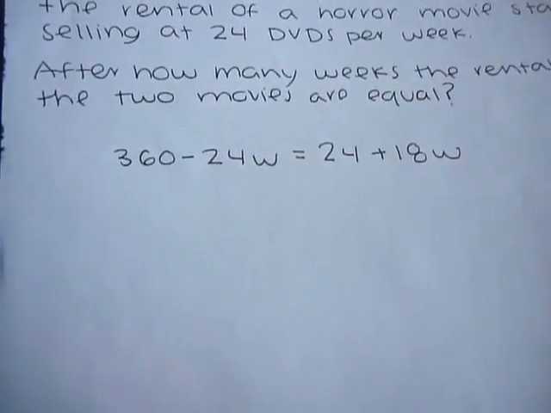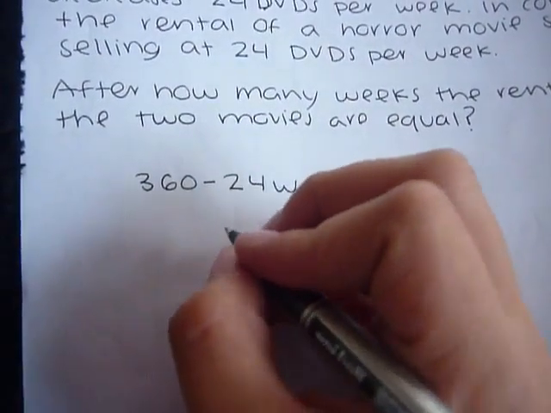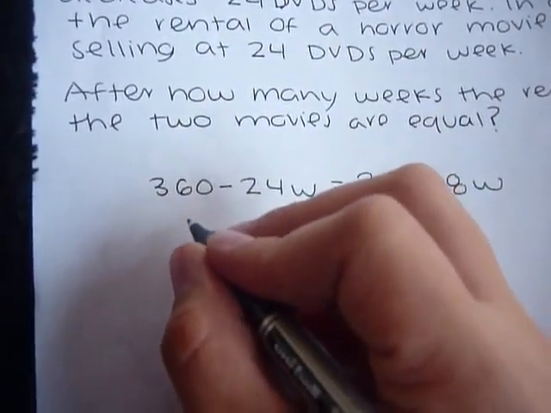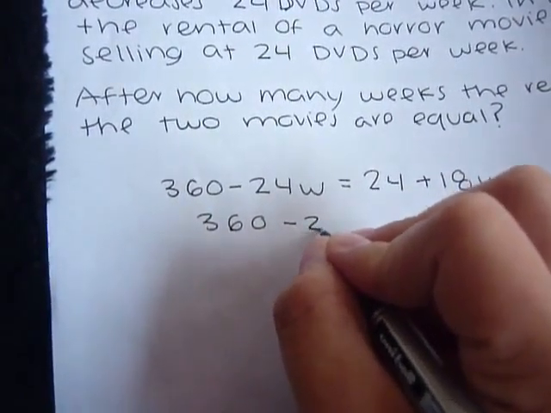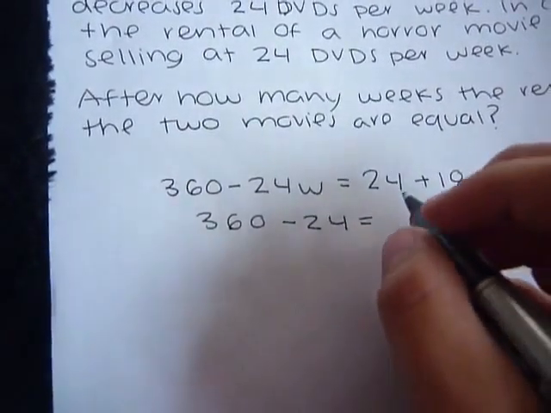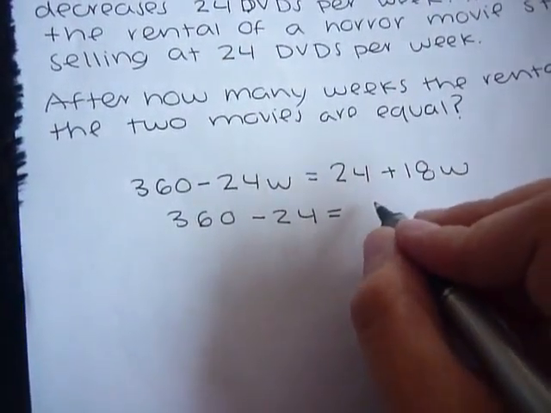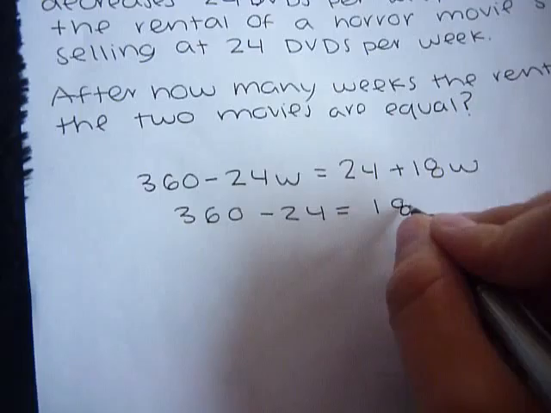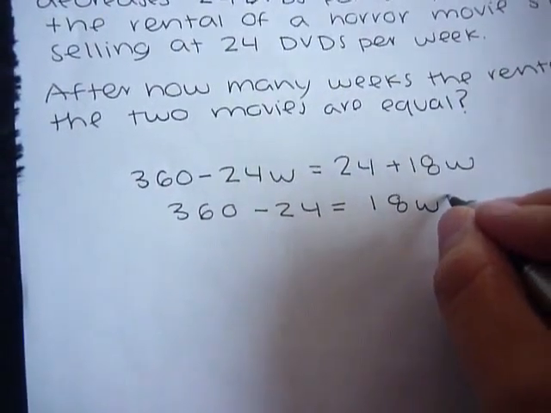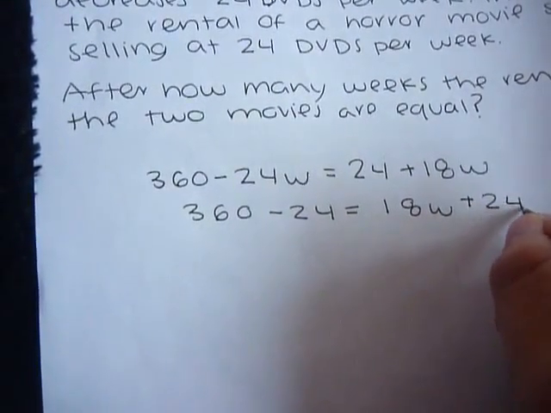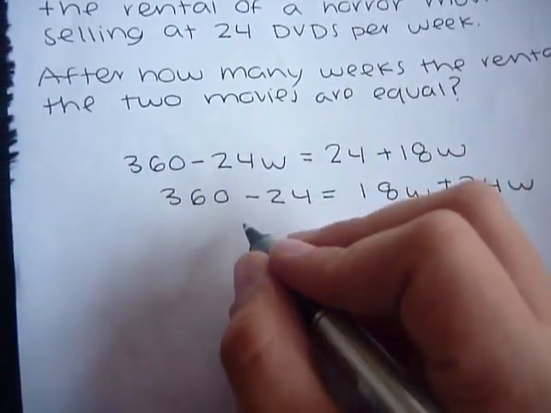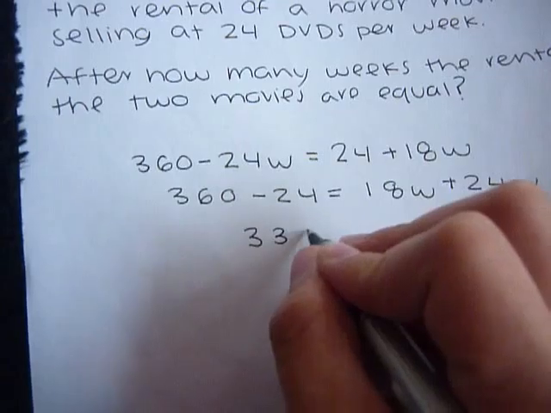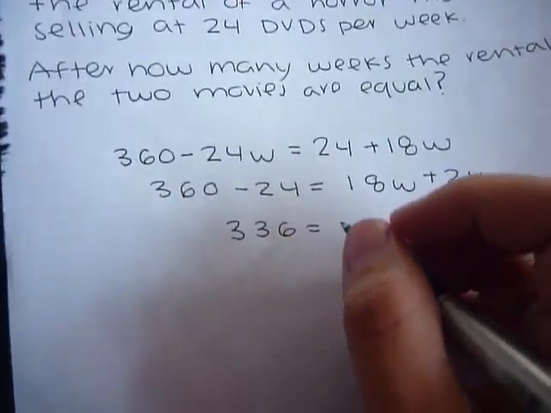Then we have to put everything in its place. So it's going to be 360 minus 24 equals 18 weeks plus 24 weeks. That's going to be 336 equals